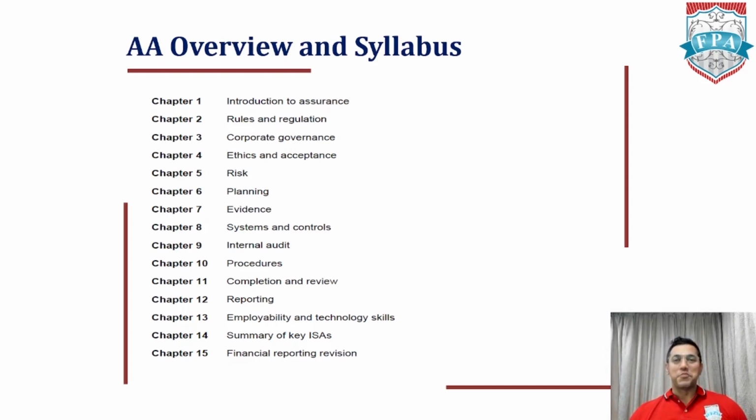And then comes finally the reporting. Reporting is the opinion that you give. If everything is fine, everything is true and fair, you don't have a problem, right? But if there is a problem in one of the areas, what opinion does the auditor give? Does the auditor say that it's not true and fair, or that except for maybe inventory, everything else is true and fair? Or if your client is not giving you information, do you give a disclaimer of opinion? Those are the nitty-gritties that you learn in that chapter.